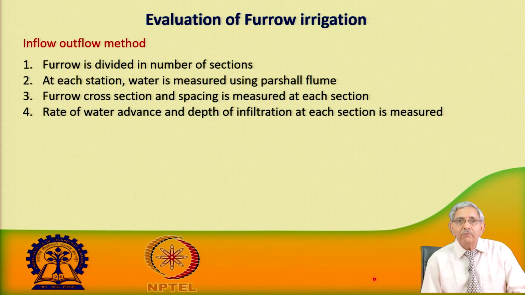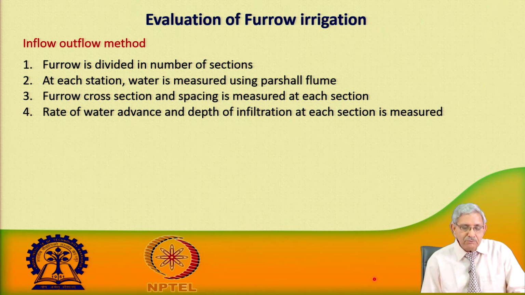In order to evaluate the infiltration that takes place: normally, the infiltration test is done when water ponding takes place, in case of basin irrigation or border irrigation system, by using the double ring or single ring infiltrometer. But in case of furrow irrigation system, since water is in dynamic condition, the inflow-outflow method is recommended for finding out the infiltration rate.